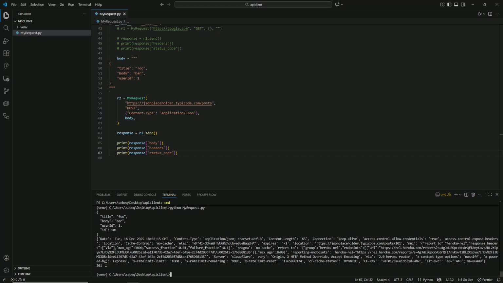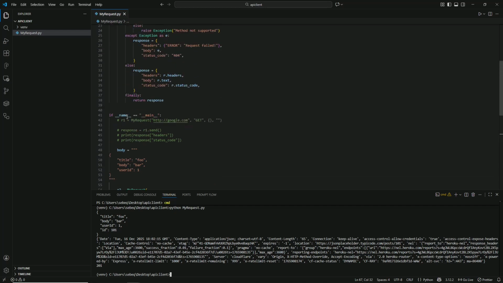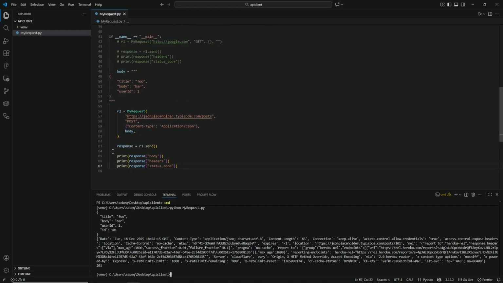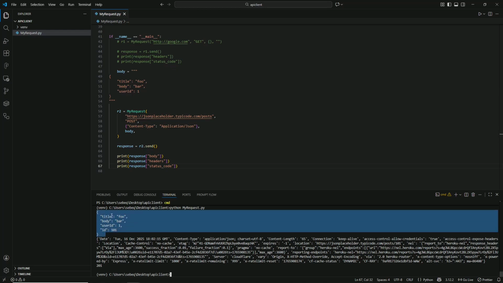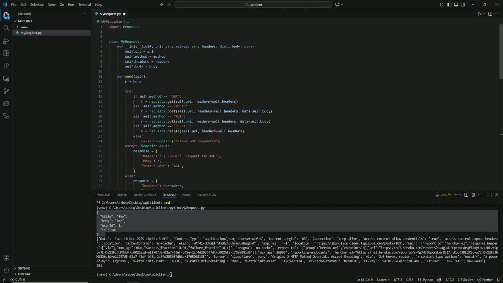As you can see, now we have 201. Now, why is it 201 instead of 200? Well, 201 stands for object created, while 200 just stands for OK. And that means that a new object was created in the database or somewhere else, I guess. Okay, now that we've verified that this thing works,